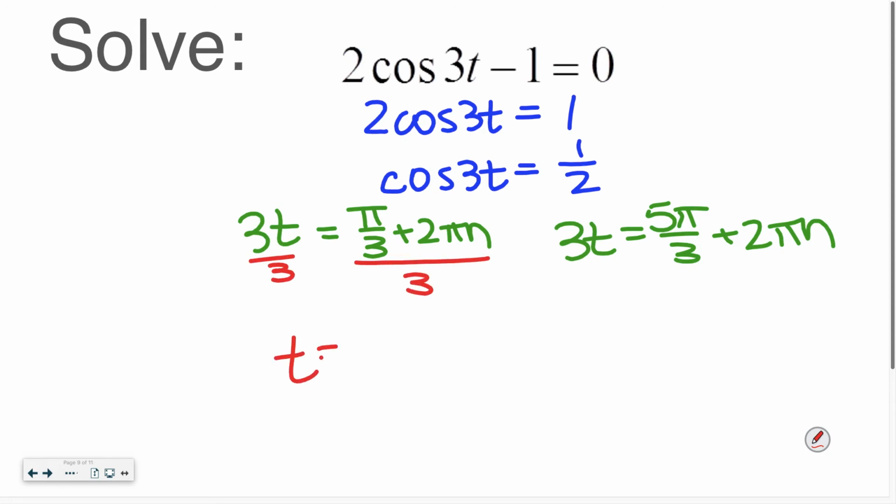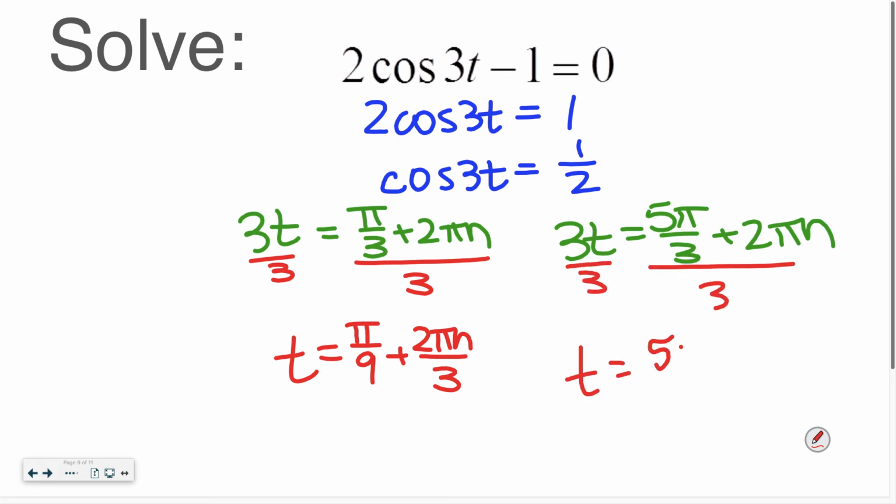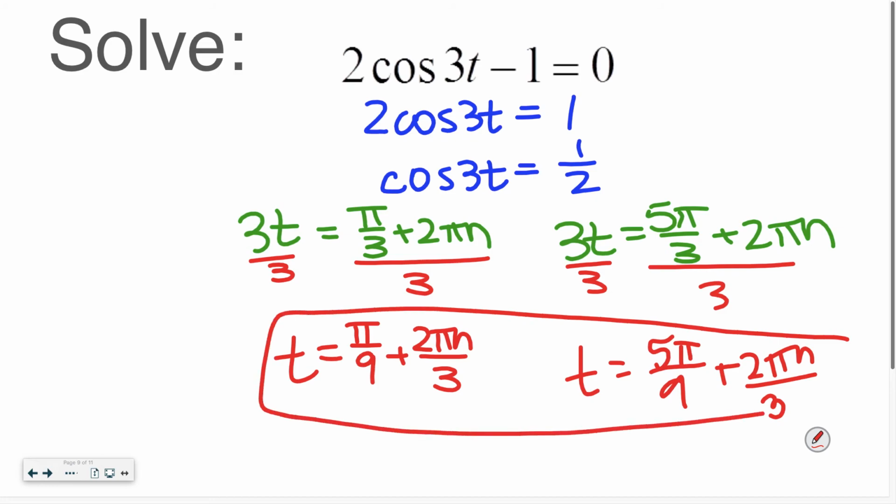Now we can write t is pi over 9 plus 2 pi n over 3. And t is 5 pi over 9 plus 2 pi n over 3. And those would be your answers. You don't worry about that coefficient until you've identified the angles, and then you can divide